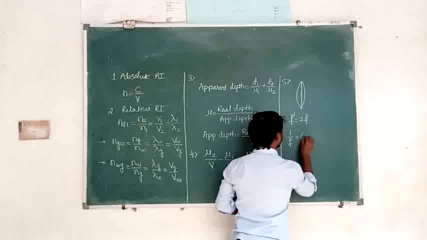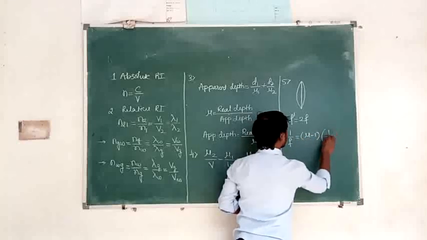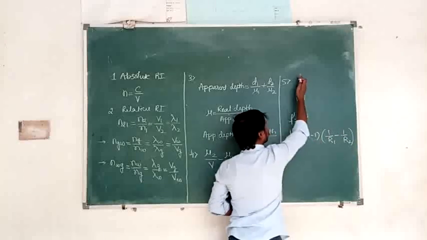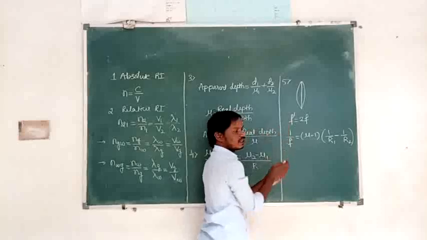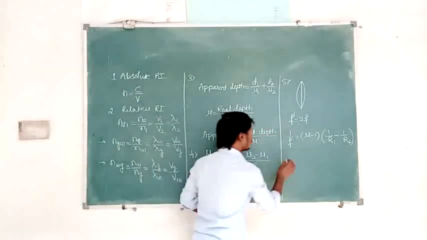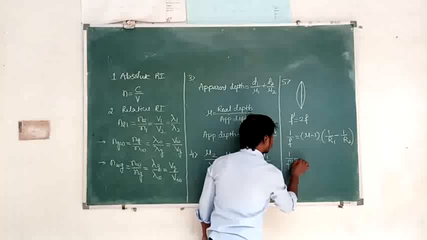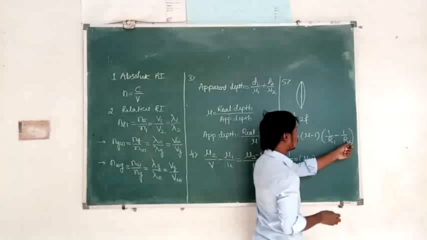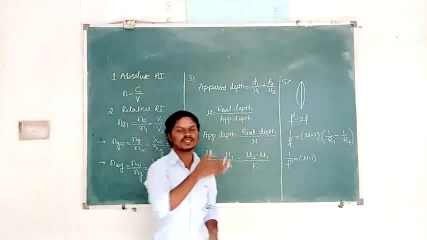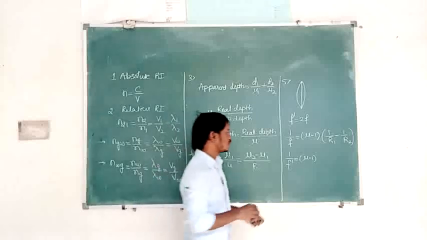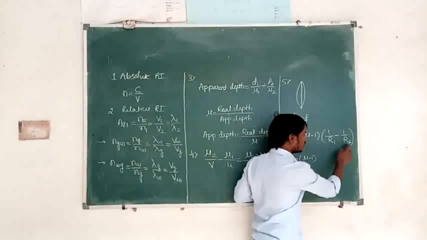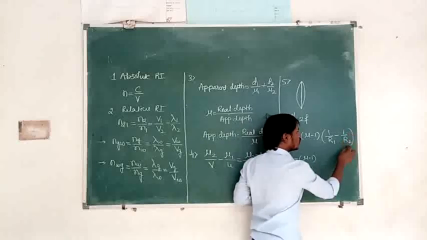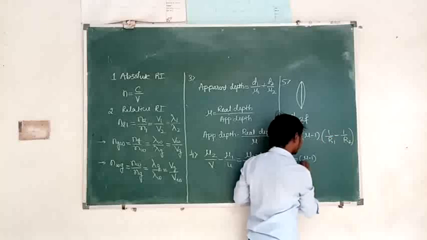1 by f is equal to mu minus 1 into 1 by r1 minus 1 by r2. If we remove one plano convex lens from the biconvex lens, what is the focal length now? That is 1 by f dash is equal to mu minus 1 into 1 by r1 minus 1 by r2, where I take one radius as infinity because one side is plane and the other side is curved. One side is plane means it has a radius of curvature of infinity. So 1 by infinity is 0, and it becomes mu minus